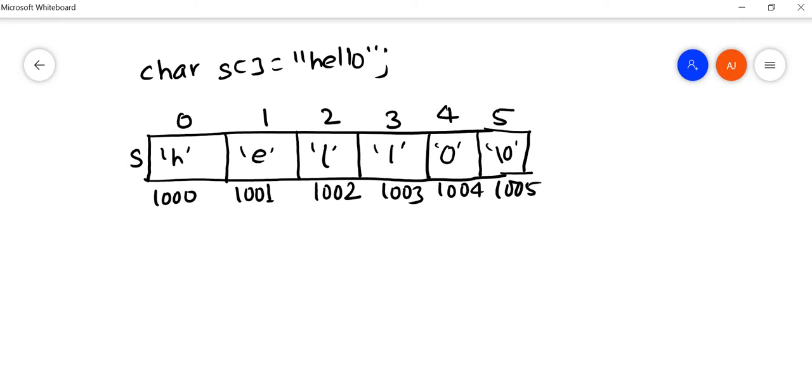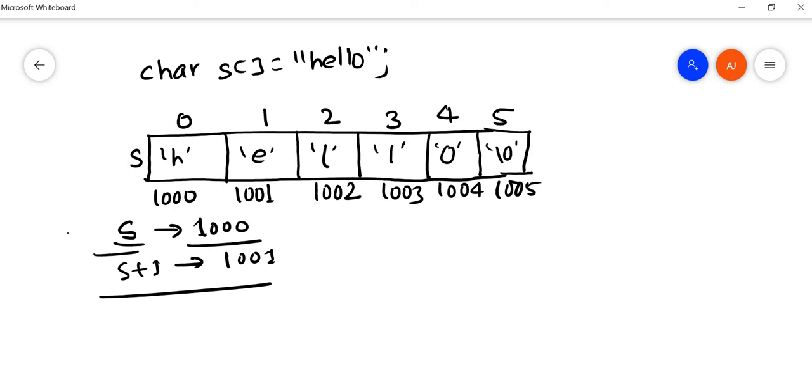We'll be using the concept of pointers to implement this, and we know that the base address of any given array is given by its variable name. If you write s, it will return the base address. Now if I increment the address by 1, then it points to the next address location. We'll be using this concept to implement the custom string length function.